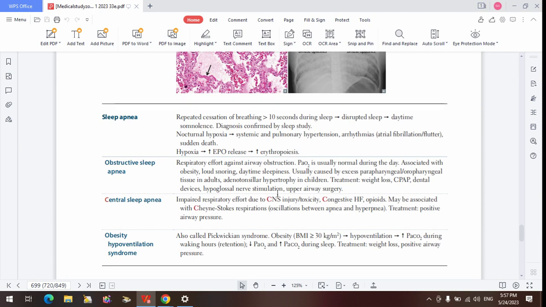So the obstruction can get worse, so that they are no longer breathing. That can happen, and what you want to do for them includes a variety of things. You can suggest weight loss therapy for people that are obese, so that you can reduce those pharyngeal masses, reduce resistance at the airway, and take in more air. You can do CPAP, which is continuous positive airway pressure, so that you can take in more air, because these guys cannot even breathe on their own during the apneic episode.